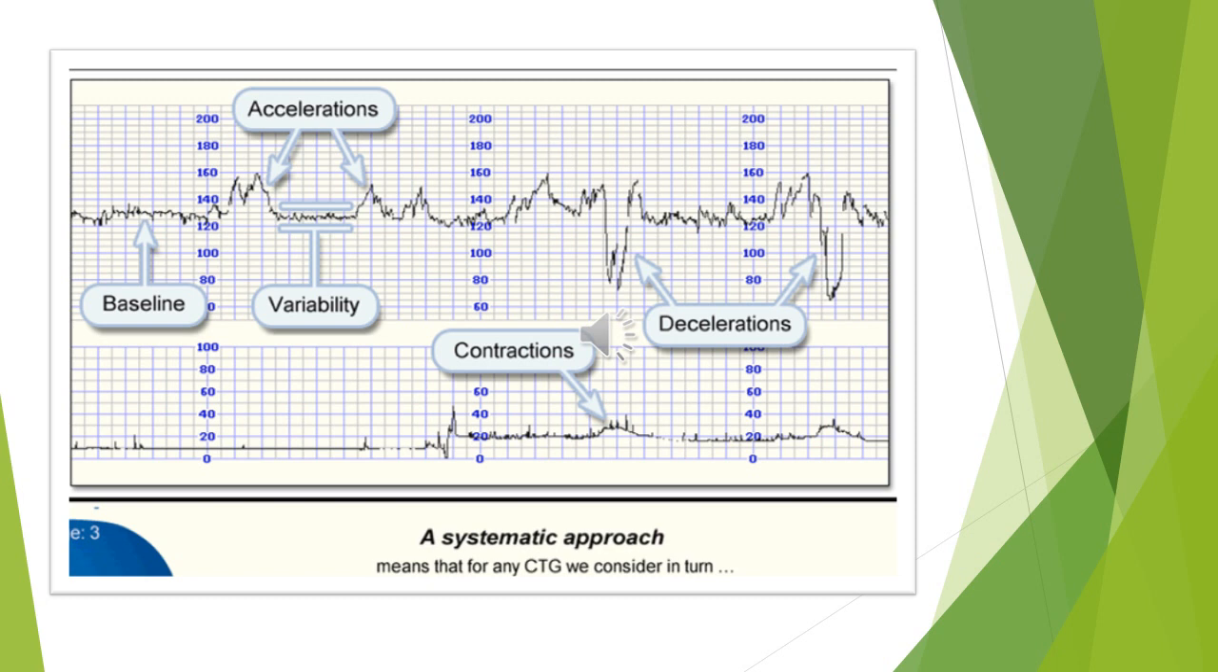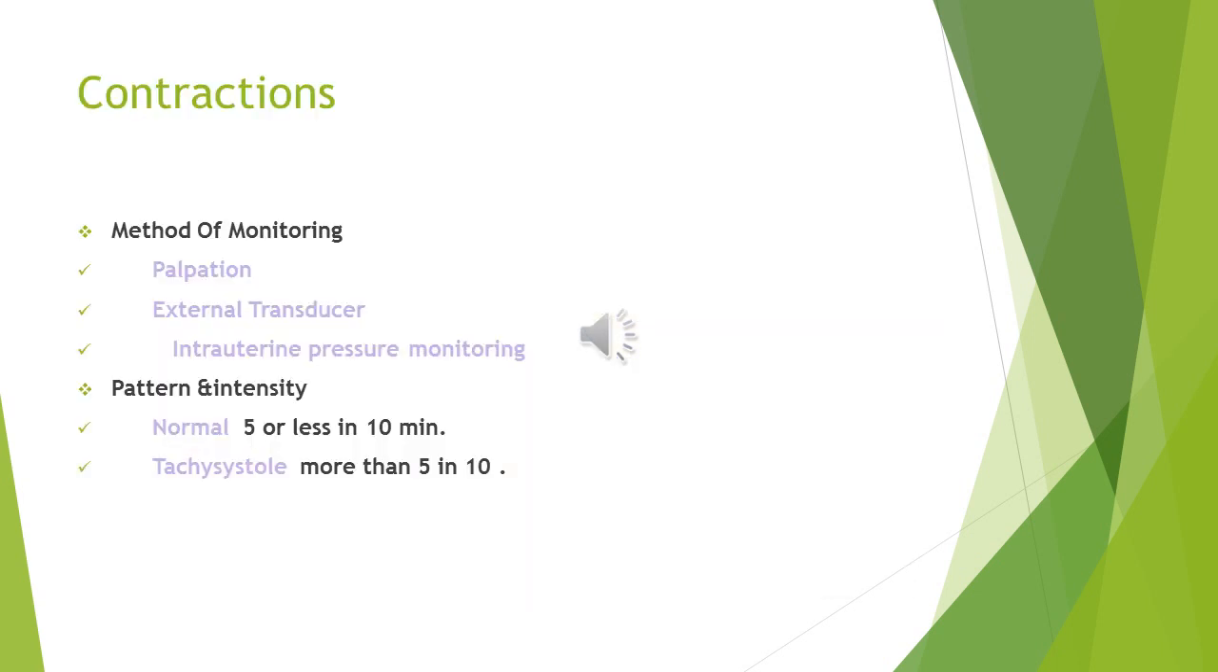Then, as you see, the accelerations, which is any increase in the fetal heart rate, then the variability, and deceleration, which is any decrease in the fetal heart rate. The lower line is the contractions. If we start with the contractions,